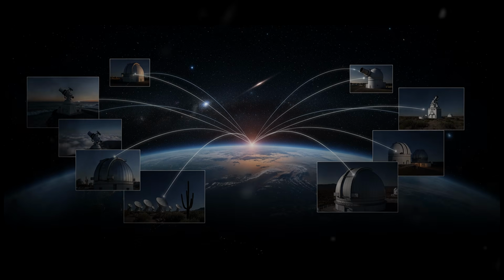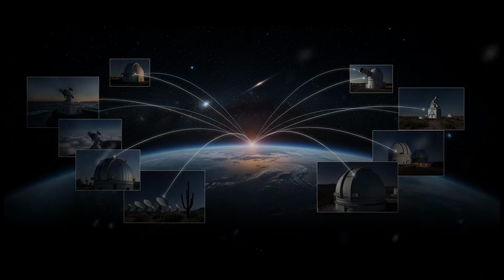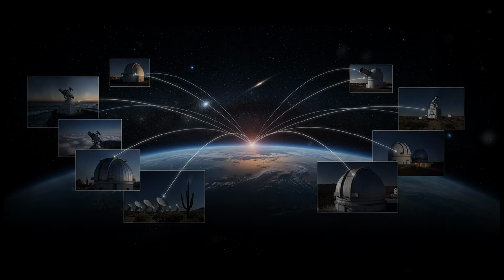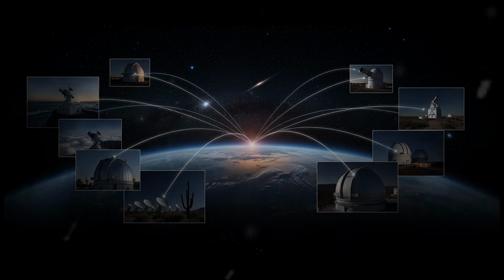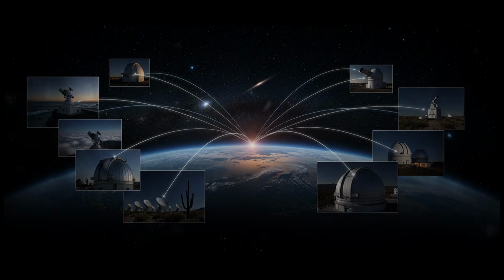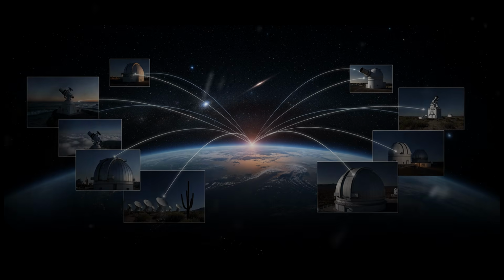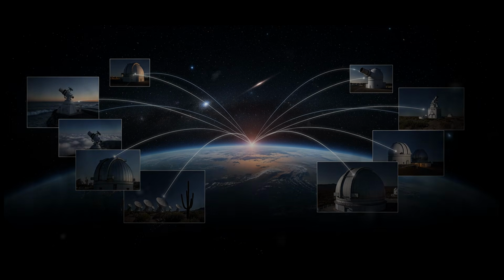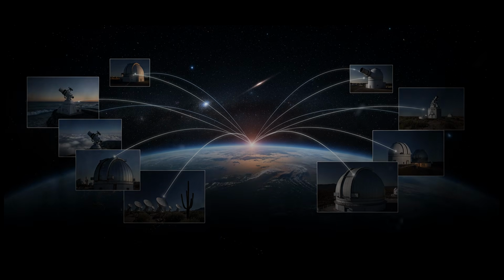3I ATLAS's approach from Sagittarius means observers in the southern hemisphere enjoyed the early vantage, but the dynamical lesson is the same anywhere on Earth. The sky location of the inbound leg is a compass pointing to the random, three-dimensional nature of interstellar delivery. There is no preferred lane on this highway, only probabilities set by how stars move and how their planets eject debris. All of this, the eccentricities, the turning angles, the excess speeds, the sky directions, builds a